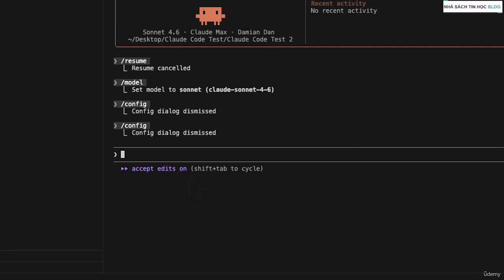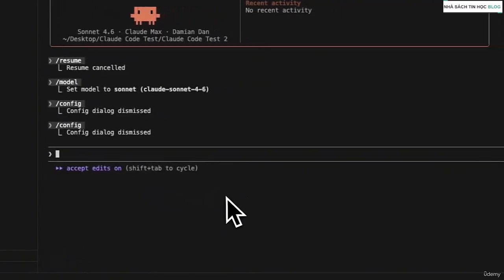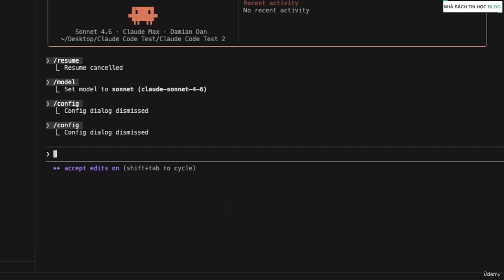So you can press Shift plus Tab to cycle through the different modes. So the first is accept edits on, which means Claude will go ahead and make changes to your files without asking you for permission each time, but will still check with you before running anything that could be potentially risky, all right? But this speeds things up a lot, and Claude Code can work much faster.